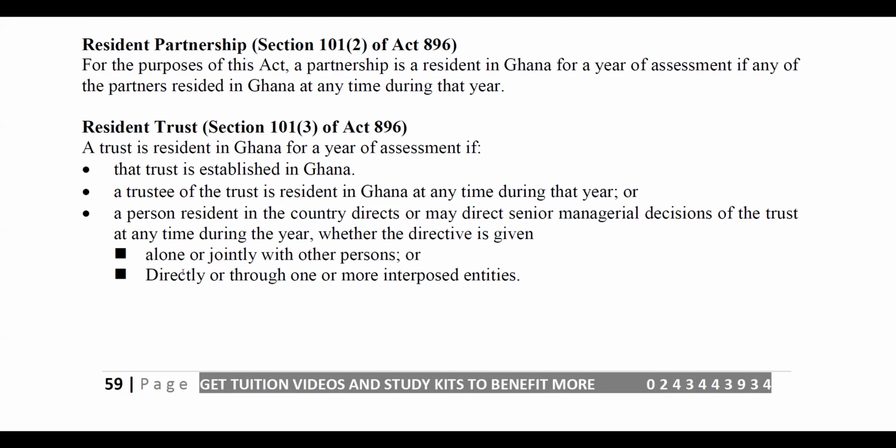A trust will be resident in Ghana if the trust is one, established in Ghana, or two, a trustee of the trust is resident in Ghana at any time during that year, or a person who is resident in the country directs or may direct the senior managerial decisions. When we talk about senior managerial decisions, we are mostly talking about operation of your plant, your manufacturing process, the business or deal itself. Now, if somebody who is a Ghanaian or a resident of Ghana is the one directing the operations of the trust, whether he is doing it alone or together with other people or through other persons, then that trust shall